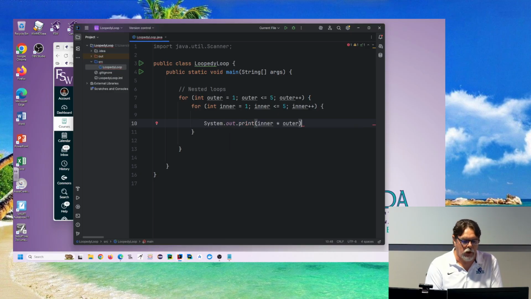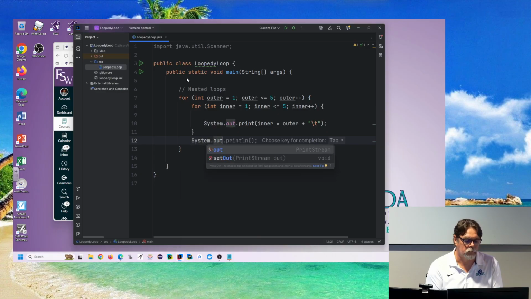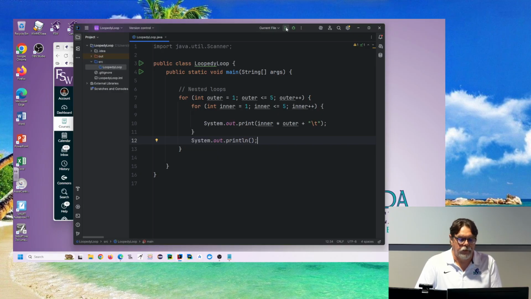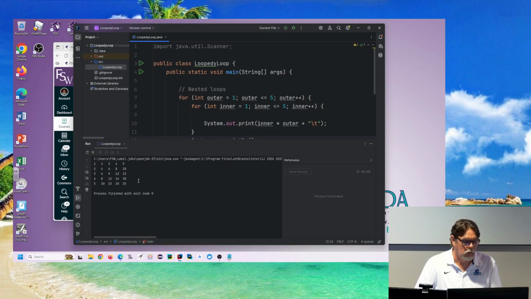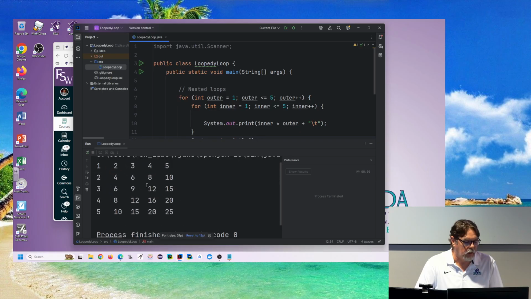It's always annoying that Java makes you type that System.out in front of every print statement, but it is what it is. And then I'm going to add a tab character just to make it format prettier. Okay, so if I run this, I get the classic